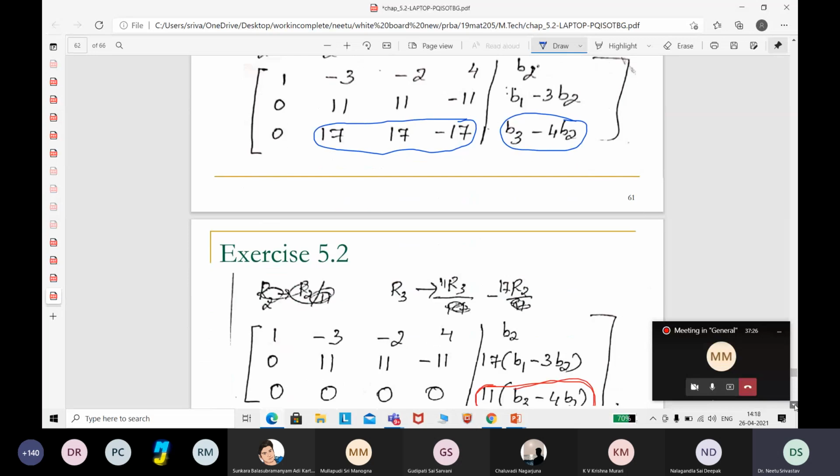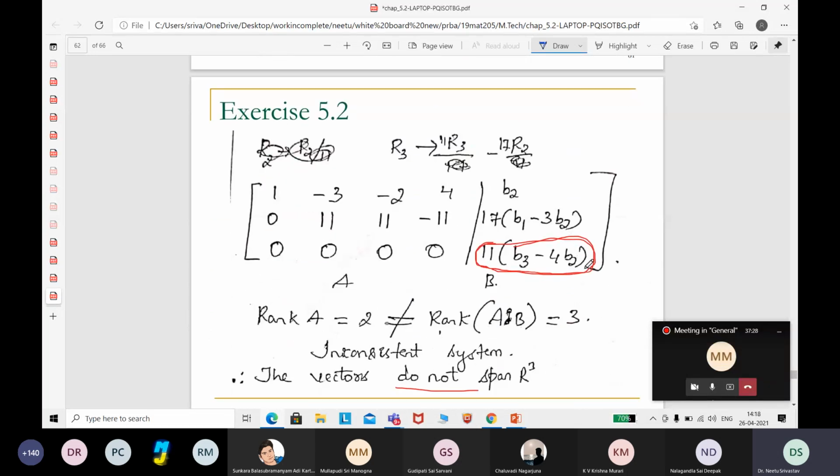Whatever vector you are choosing, you just see, I got this: all this side is 0 and this side is non-zero. Whatever I am choosing in that, B3 should be 4 times B2. Then only this can act as a basis, otherwise not. Because this should be 0. Only then the system will be consistent and then only the system will have a solution. So that is possible only if you make a choice of a vector from R3 where B3 is equal to 4 times B2. Then only it is possible. So you cannot claim your result for complete R3.